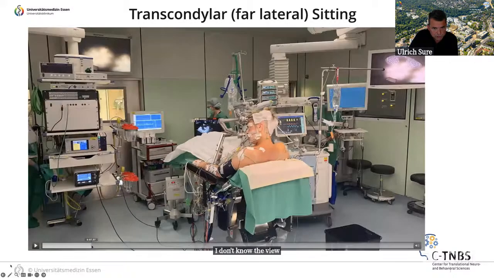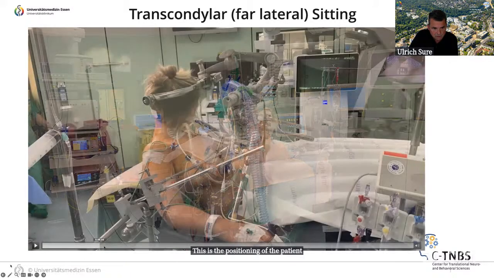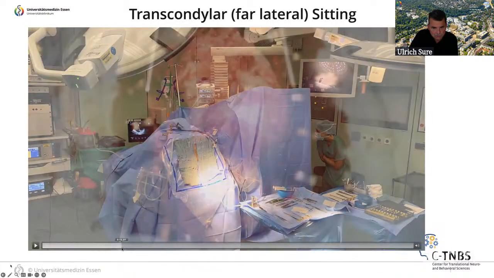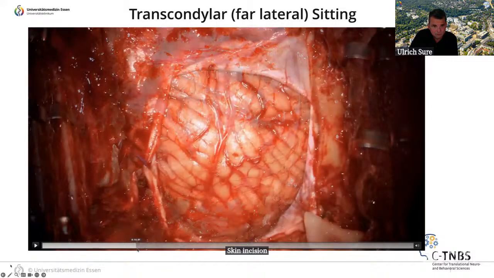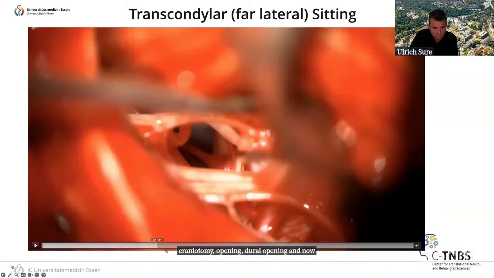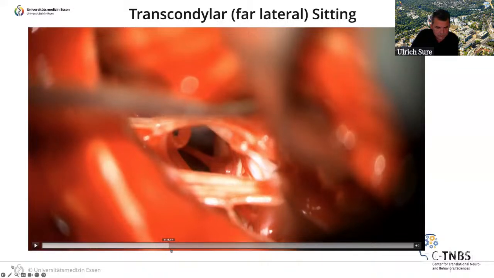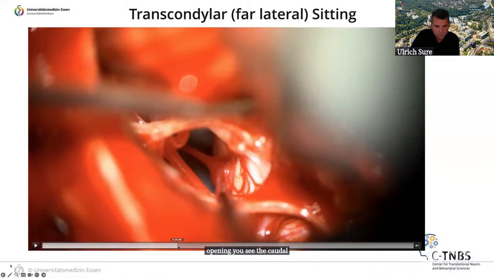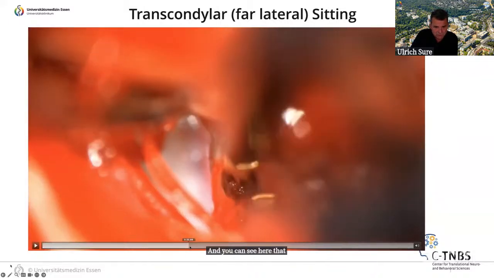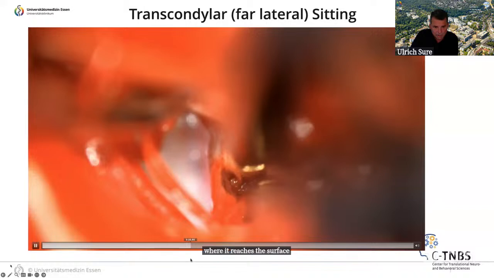This is a positioning of the patient. Skin incision, craniotomy, opening, dural opening, and now opening. You see the caudal nerves, and you can see here where it reaches the surface, and you see my super nice